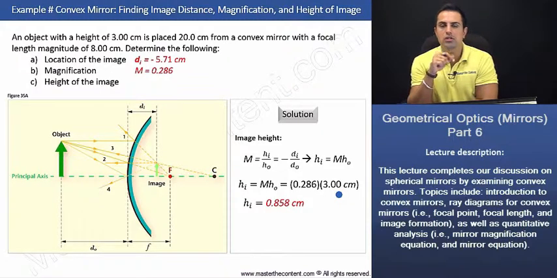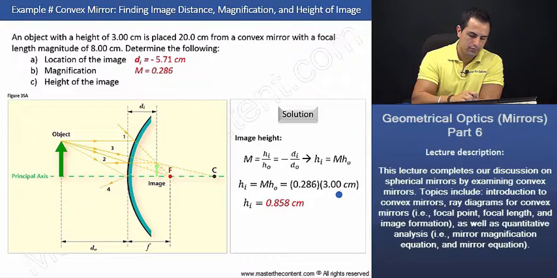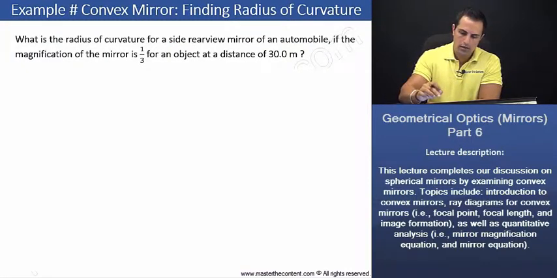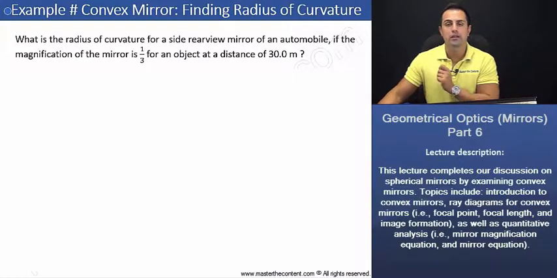Okay, great. Let's proceed to our next slide where we can do one more example. Here we're being asked, example, convex mirror, finding radius of curvature. What is the radius of curvature for a